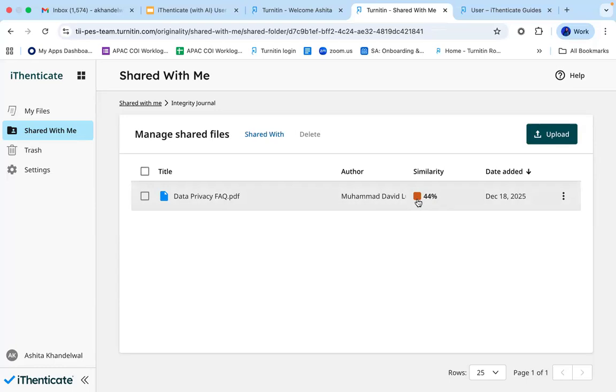I can open the report, check the report, and download the report as well. And I can also upload my own paper from my end into the same folder. So this is the benefit of sharing folders with your group. If your institution doesn't have a group, then please ignore all of this. In case they add you into a group, then you may use this particular option for your institution.